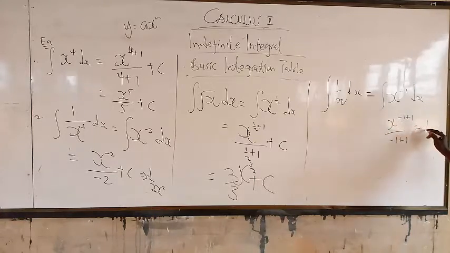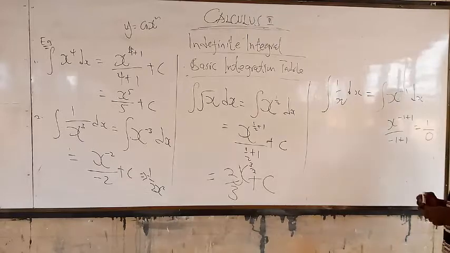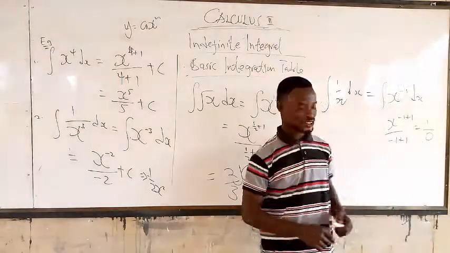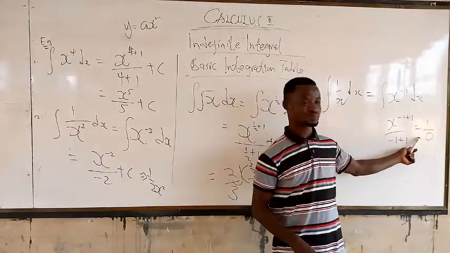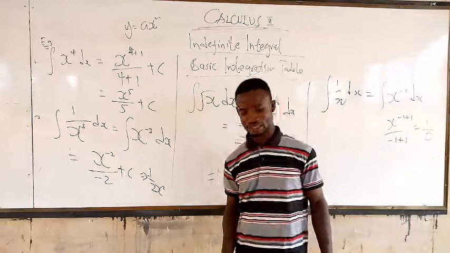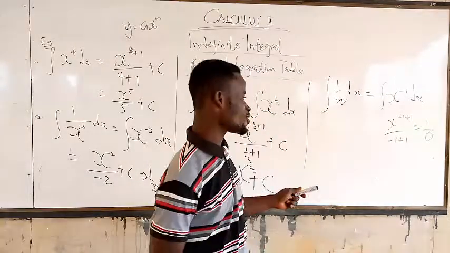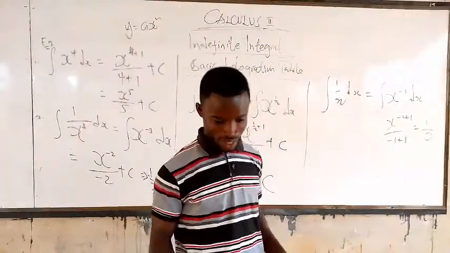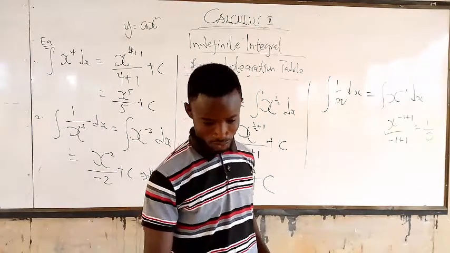And this is going to give you what? 1, 0. What is this telling you? Indeterminate. Because 1 over 0 is what? Undefined. Alright. So,